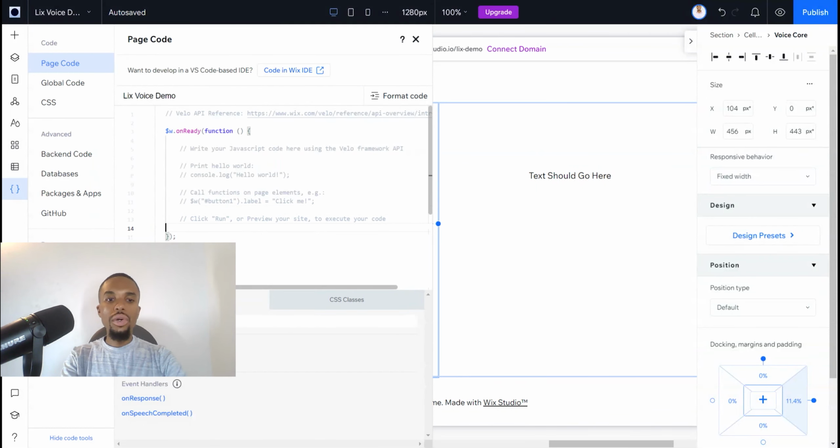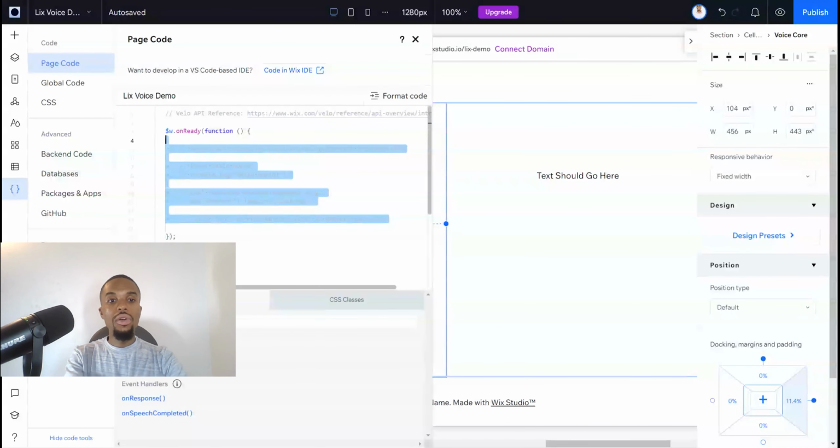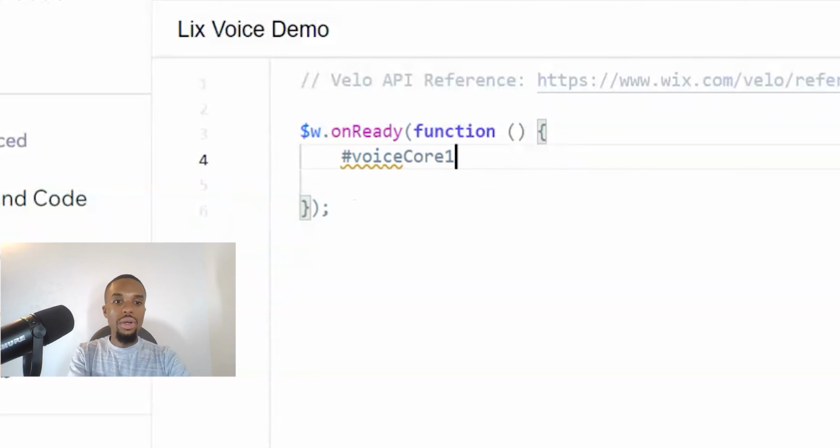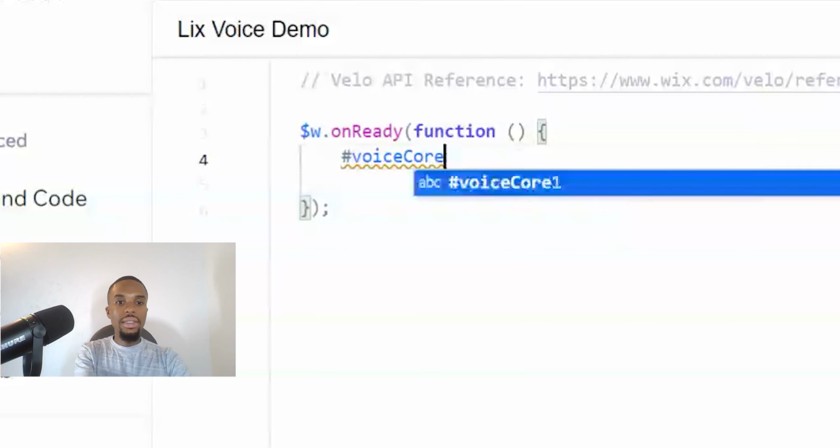Now, if you're not familiar with code, that's fine. This walkthrough will give you a brief introduction to Velo, which is Wix's coding language, and then we'll be able to test it out on our own from here. So what we're going to do is, the first thing is to get the voice core, and we're going to do